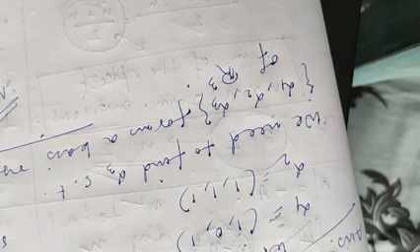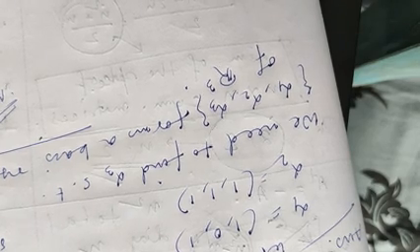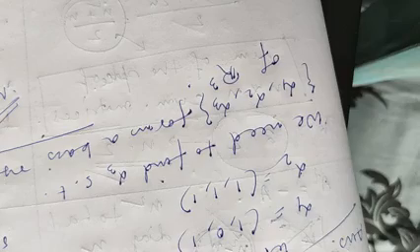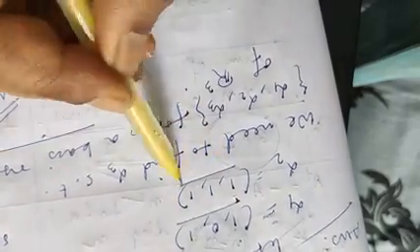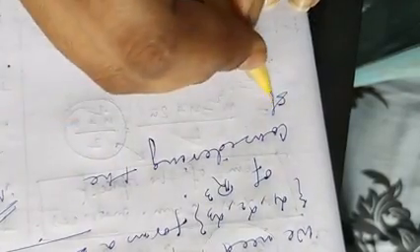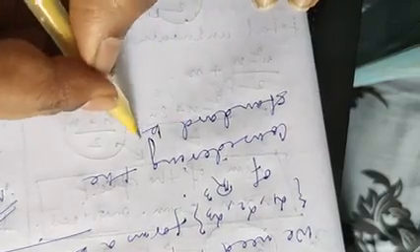How will we do that? We will apply the replacement theorem. So what does the replacement theorem state? It states that a vector can replace any vector of the basis if the corresponding coefficient is non-zero in the linear expression. So at first we need to consider a basis of R cube. Then in that basis we will replace alpha 2 and alpha 3. For that reason we are considering the standard basis of R cube.